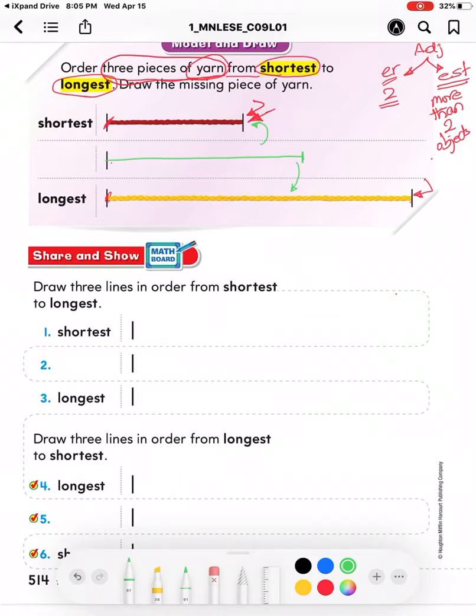why do you think you start drawing each line at the vertical mark right here? This one. Why? Why do you think you should start drawing from this one? Can you think about it? Why should we start drawing from the